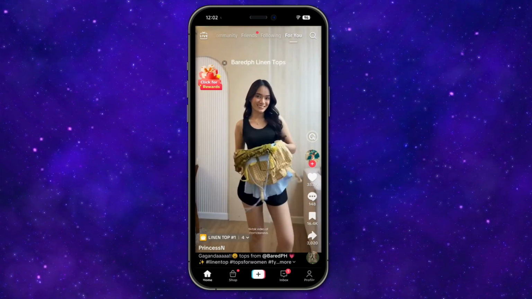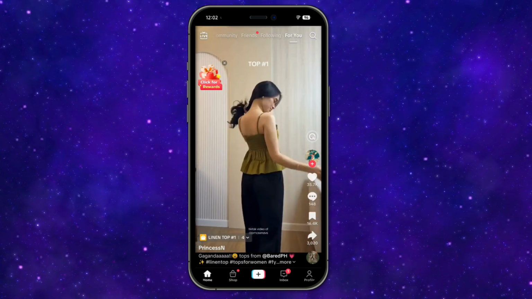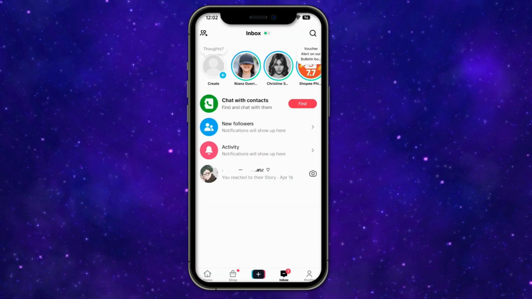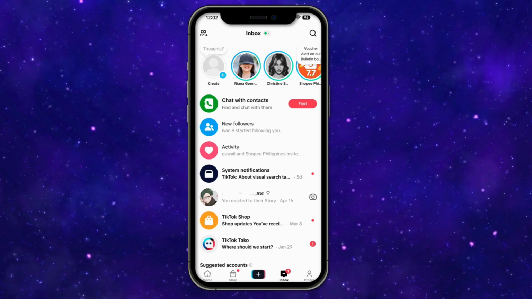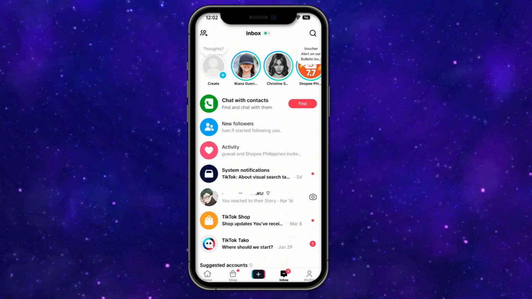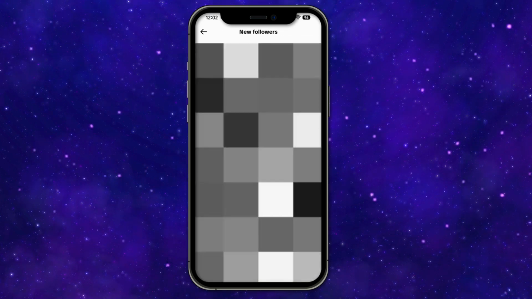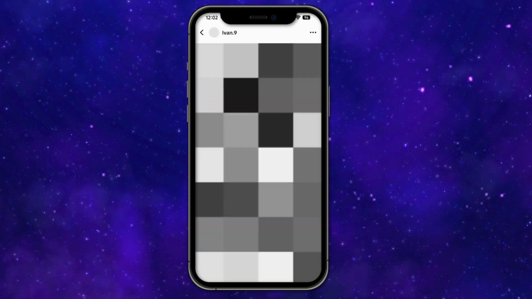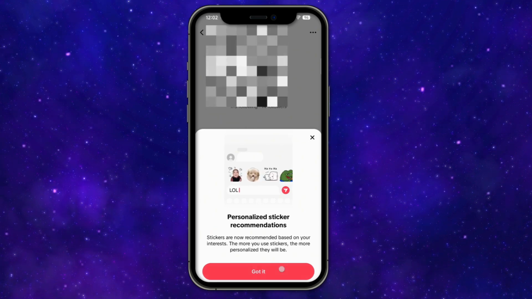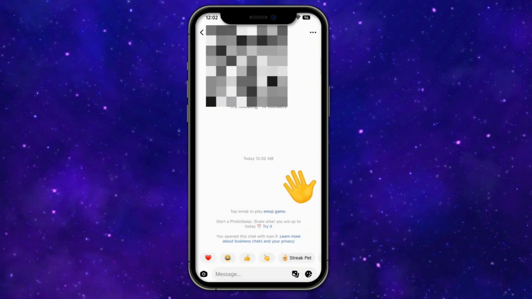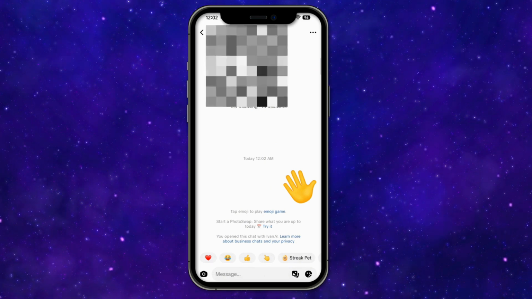So first, go ahead and open up TikTok and then head over into the inbox. So once you're on your inbox, go ahead and open a chat with a person you want to share a feed with. So go ahead and select that person's name from here, and then once you're on the conversation, go ahead and swipe along the chat option, select shared feed, then tap send invite, and your friend must accept to